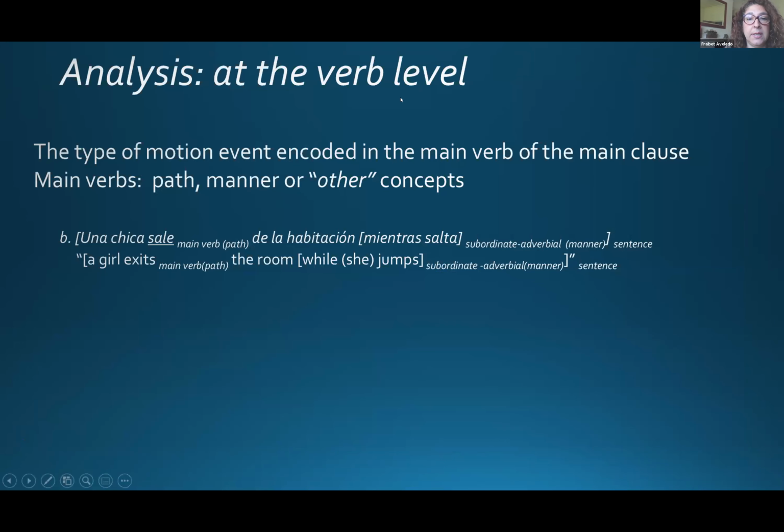So, as I said, for the analysis of the verb, we selected only whether the main verb encoded a path, a manner, or other concepts. Other concepts, I can talk about this later, but there were 2 types of others, if they were related to motion events. So here we had neutral verbs, deictics, and others that were not related to motion events, but there were very, very few of them. Okay, so we put them together for this analysis.